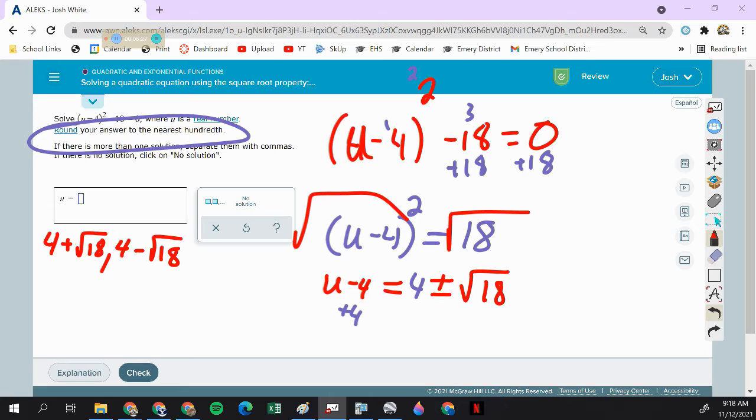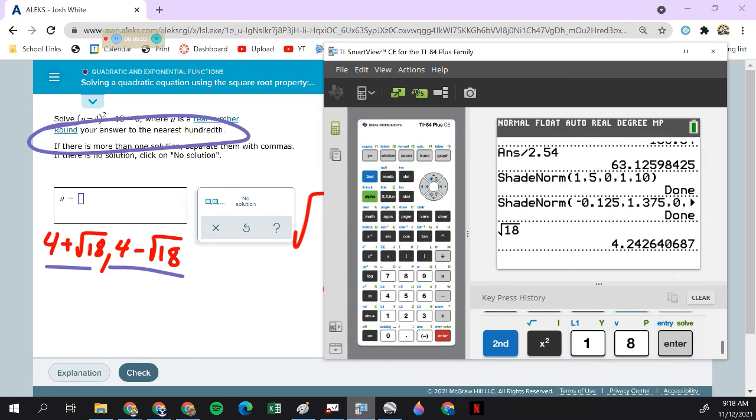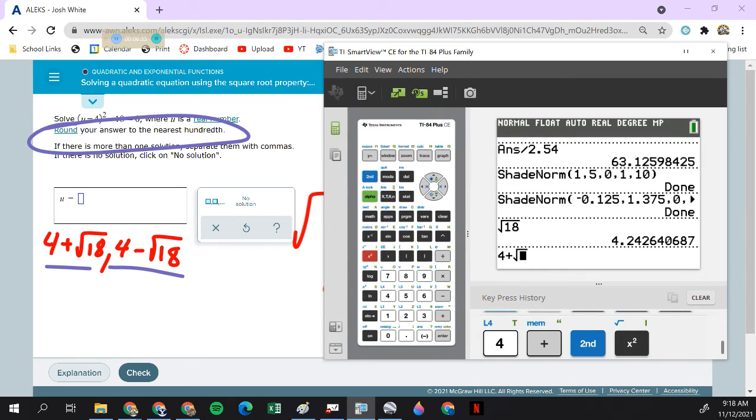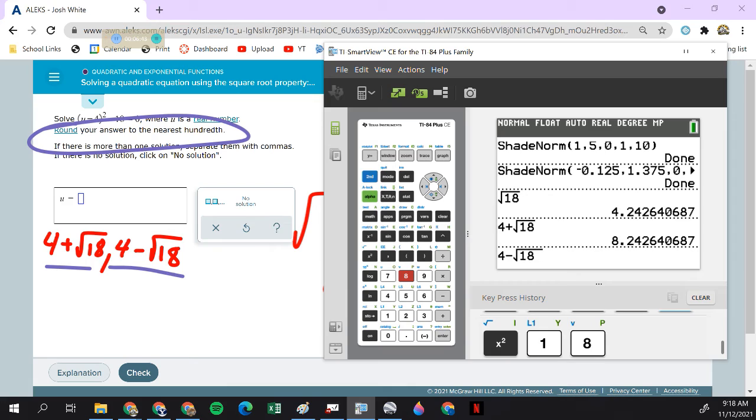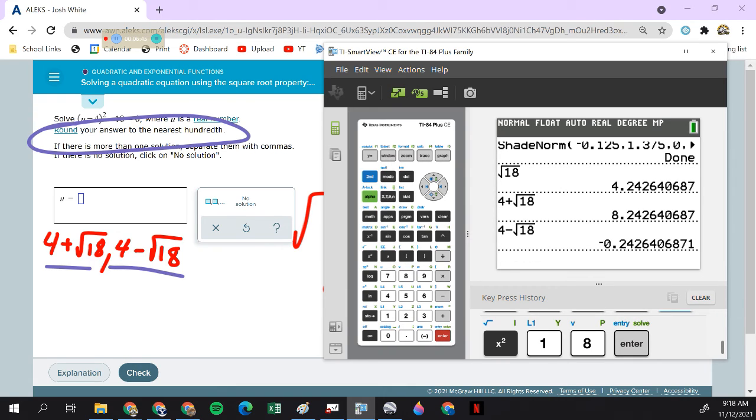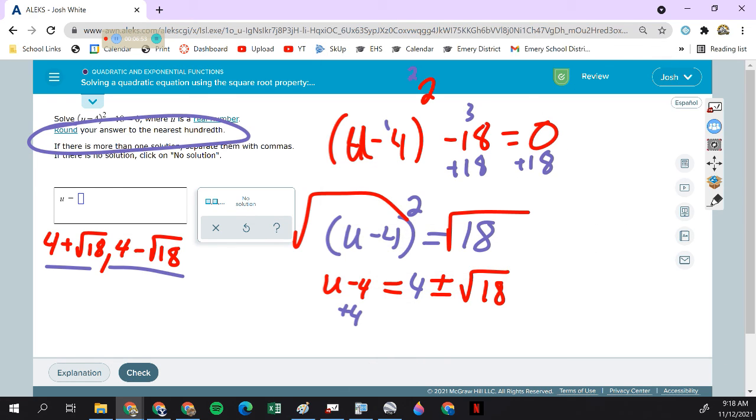round to the nearest hundredth. So I'm just going to plug these into my calculator. So 4 plus the square root of 18 is 8.24. And 4 minus the square root of 18 is negative 0.24. That's it. Okay. Get working on